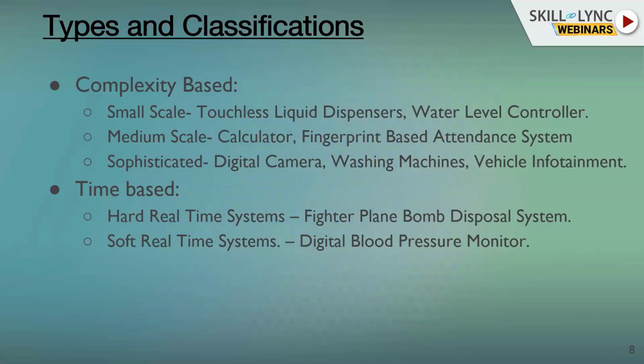When you talk about a small scale system, you would have systems which are doing just one small thing and doing it very well. That is their purpose in life. You do this and you do it very well. That's all. When you go to medium systems, you will find that these systems will do more than one thing. For example, let's talk about a fingerprint based attendance system. It will look at your fingerprint, right? It will match it with existing databases, right? And once it matches it, it might have multiple things to do. It could probably open a door. It could flash an alarm.